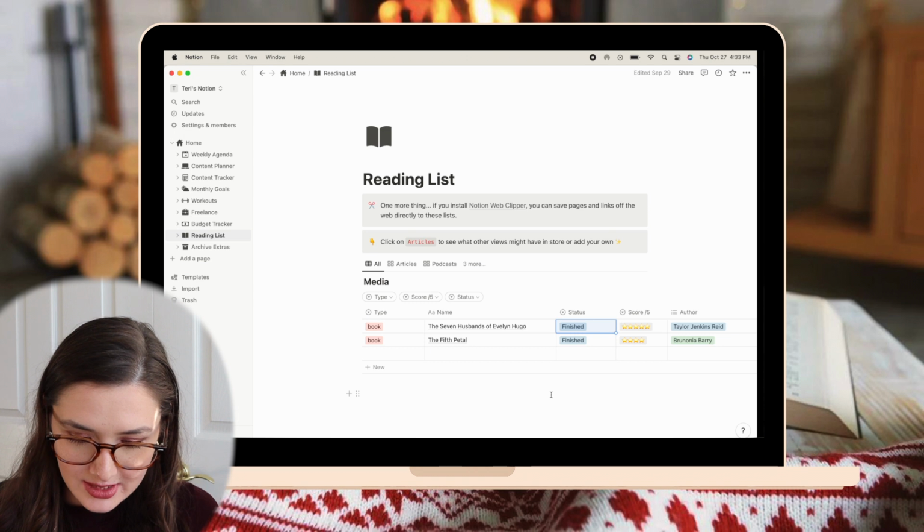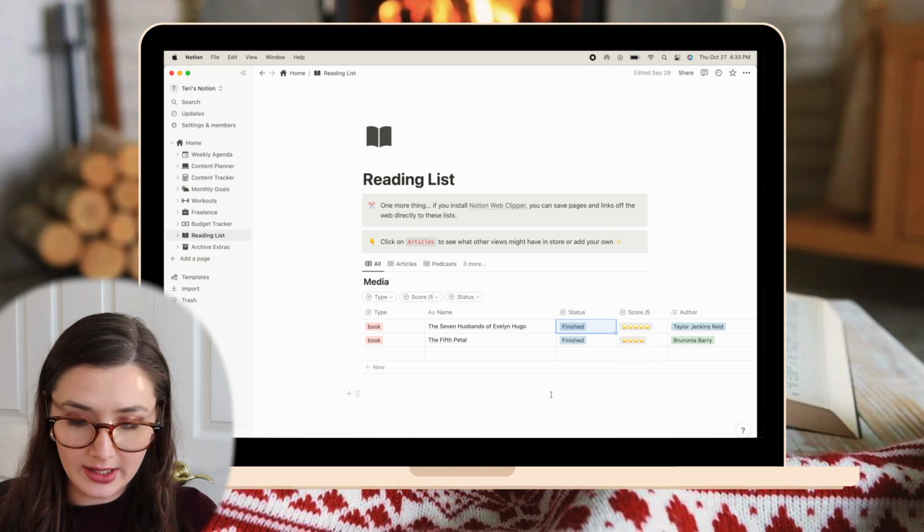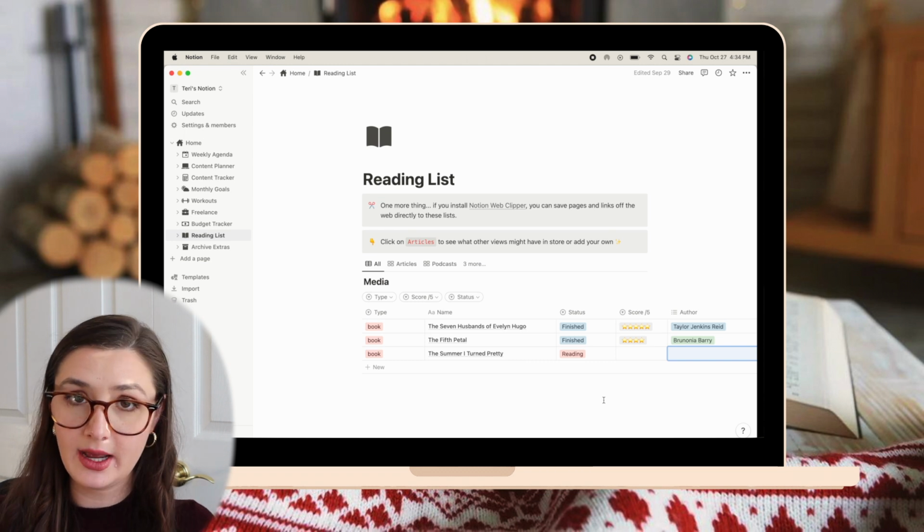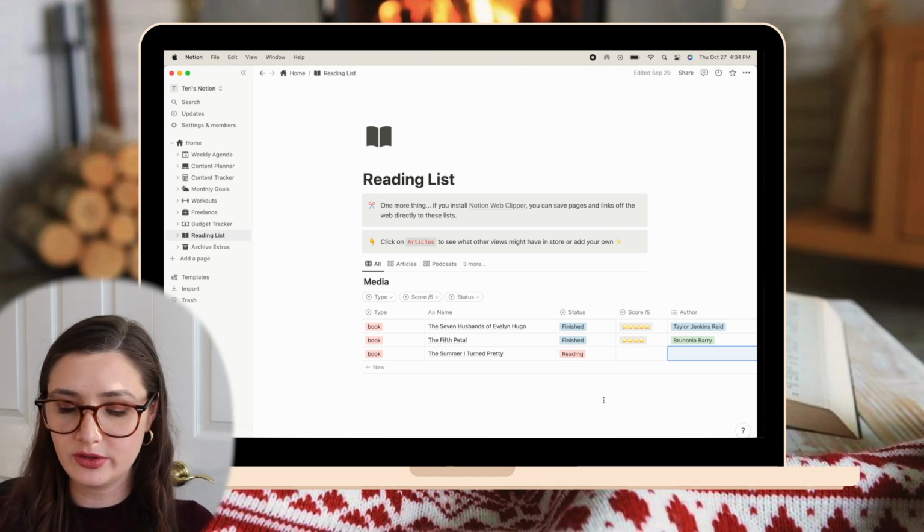I'm gonna put my next book that I just started last night. It's The Summer I Turned Pretty, and then I'll probably read the next book in the series after that. That's it for my Notion tour, if you wanna call it that, and my November monthly reset and plan with